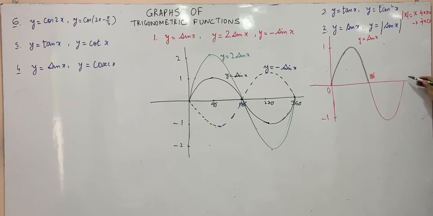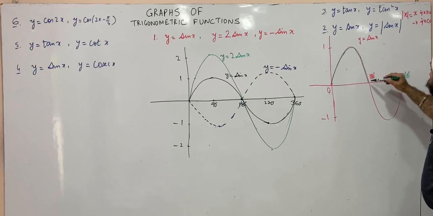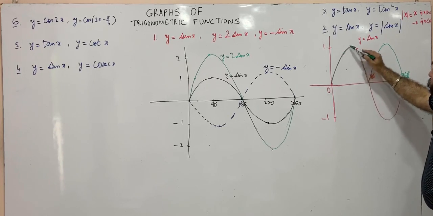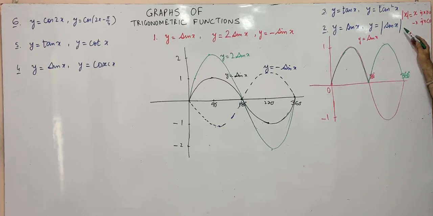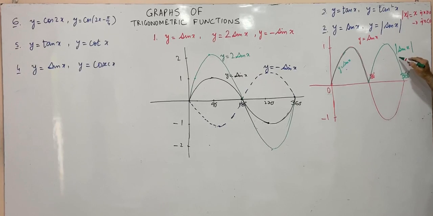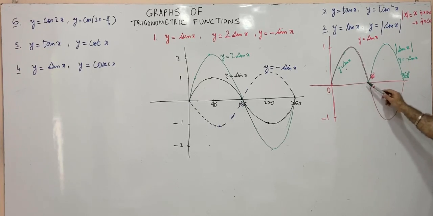This is the negative part of the sine function, 180 degrees to 360 degrees. So if x is negative, mod of x is minus x. So minus of this, as we did in the previous question. So this will be the graph. In green color we have the graph of mod of sine x, in red it's the graph of sine x. So this is mod of sine of x. This part can be written y is equal to sine of x, and this is y is equal to minus sine of x. So for mod of sine x, the time period is 180 degrees.